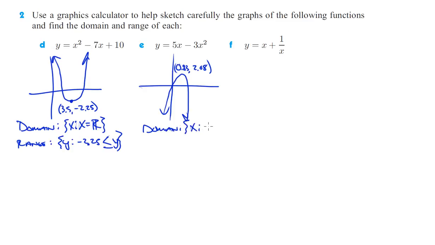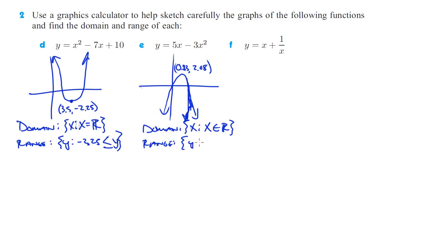x such that, and again this goes forever and ever to the left. It doesn't look like it, but it should be going forever and ever to the right here. So it's going to be x such that x is an element of the real numbers, or x equals the real numbers is fine. Okay, range,